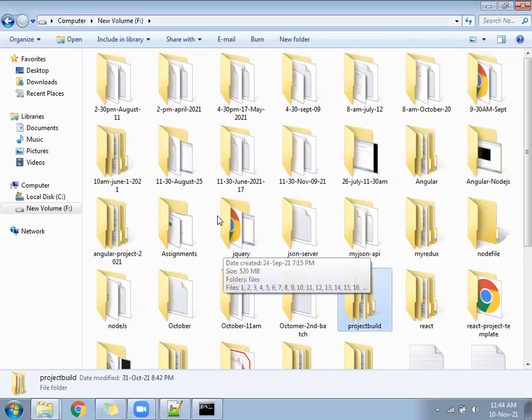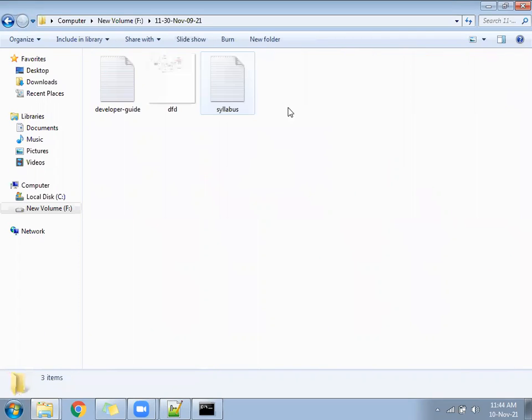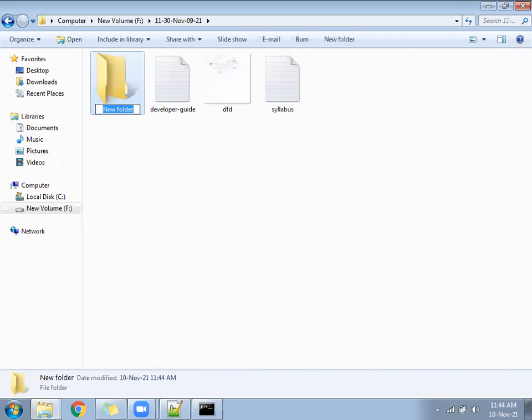I made a folder yesterday. The folder name was somewhere around 11:30, November. So you can create a folder somewhere. Give the folder name called HTML. Create a folder in your system and give the folder name called HTML.